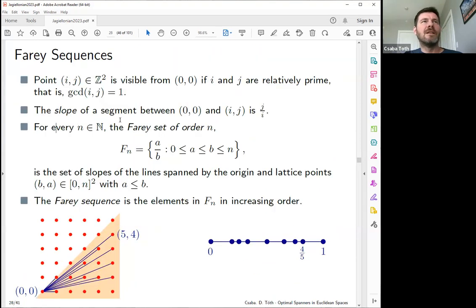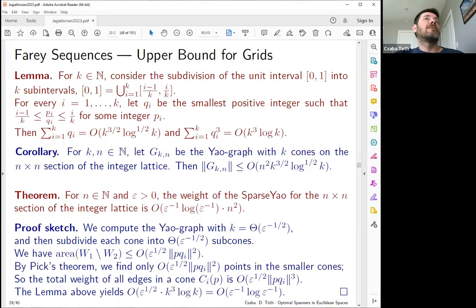So again, Farey sequences are parameterized by n. So we are looking for points up to n. So the question we have here is, if you are given a cone from the yellow graph, what is this smallest grid point, smallest n, where the Farey sequence contains a point in that cone? And you can estimate that using the